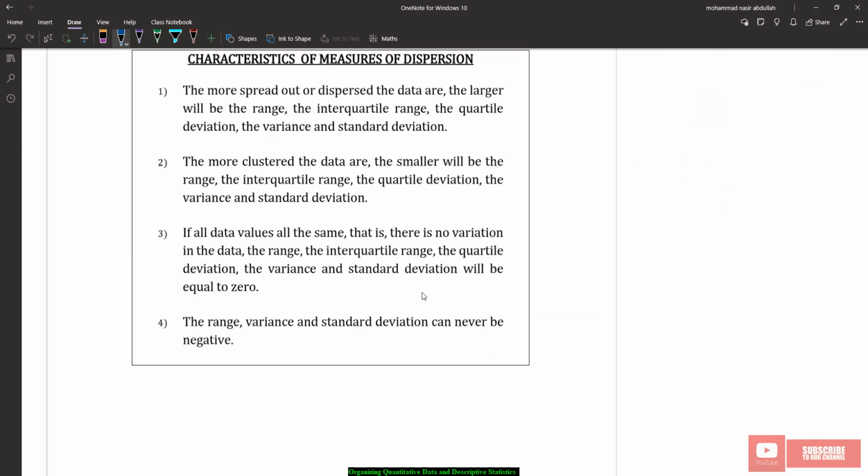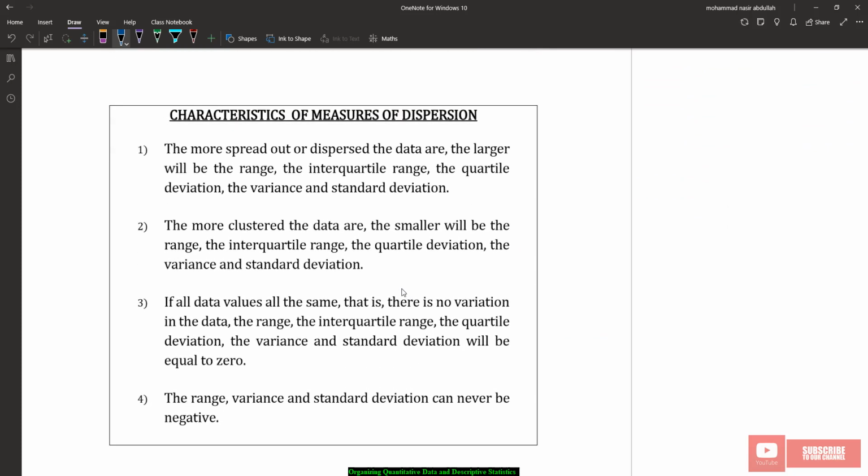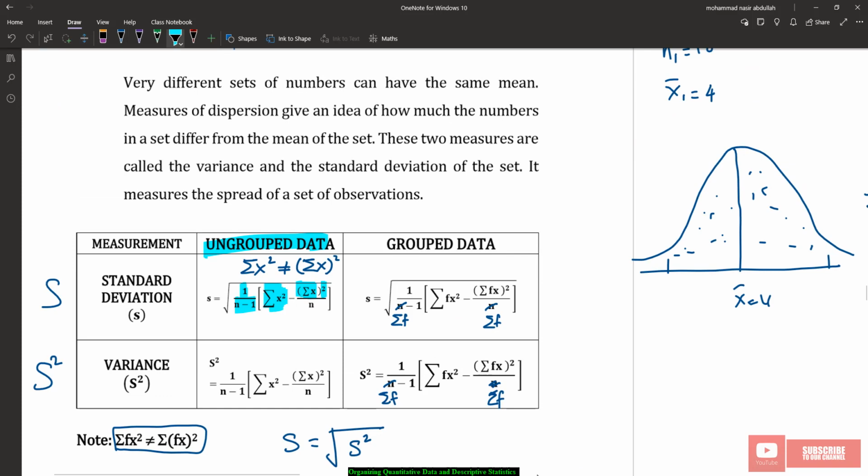Alright, good. Now, let's look at the characteristic of measure of dispersion. The more spread out or dispersed the data are, the larger will be the range and interquartile range, the quartile deviation, the variance and standard deviation. So when you have a larger value of standard deviation or variance, it means that the values are widely spread around the mean. So kalau kita tengok dekat sini, data yang I tunjuk dekat sini,